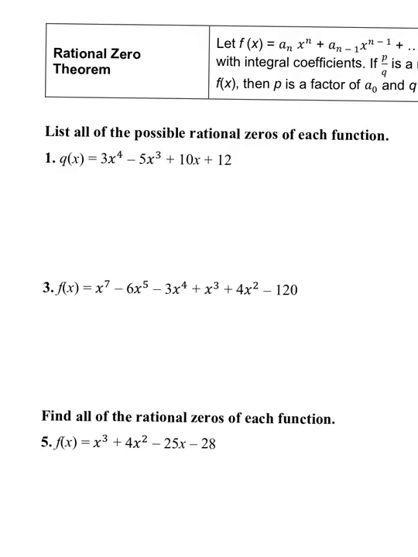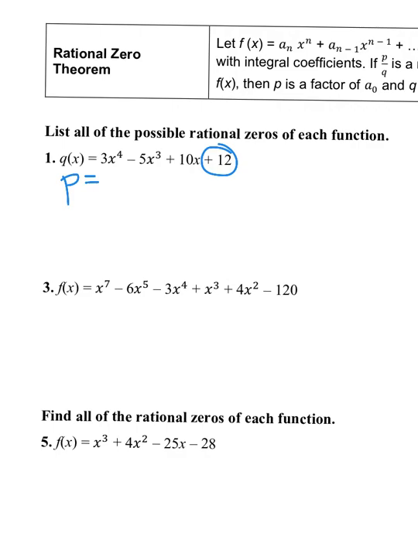of a function. So for example, for number 1, if I want to find all of the possible rational zeros for each function, the numerator will be a factor of the constant and the denominator will be a factor of the leading coefficient. So what that means is, if I want to find, we'll call P, all the factors of